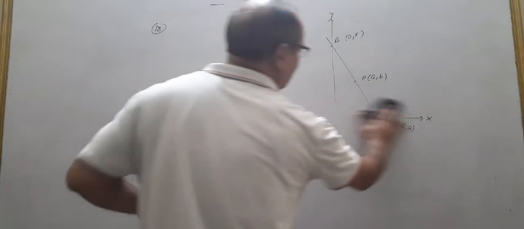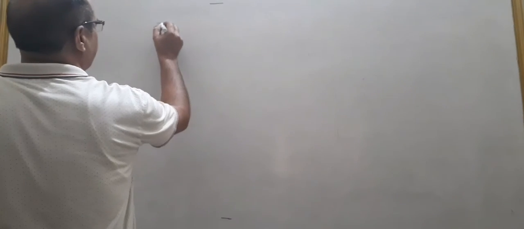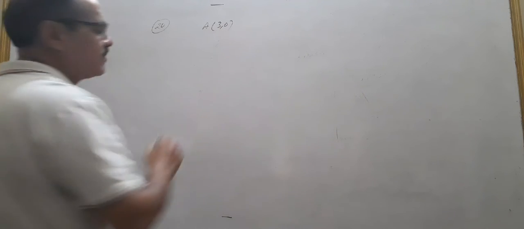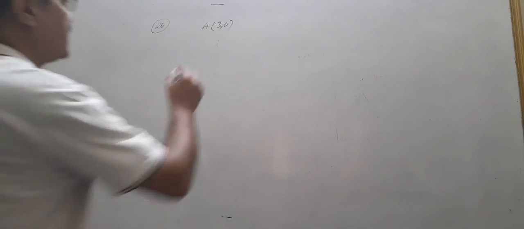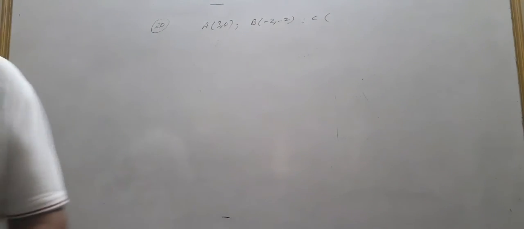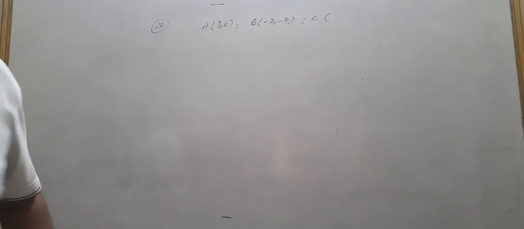आपको प्रैक्टिस करनी पड़ेगी बेटा, question पढ़ना पड़ेगा, उसको दिमाग में बिठाना पड़ेगा, क्या पूछा गया, then try to solve it. Now after this, I will start the last question of this exercise, that is question number 20. What is given in question number 20? Using the concept of equation of line, prove that the 3 points. अब आपको 3 points given हैं और उनके नाम मैंने रख दिए हैं. Let the point A is (3, 0) and B is (-2, 2) and C is the third point, that is (8, 2).